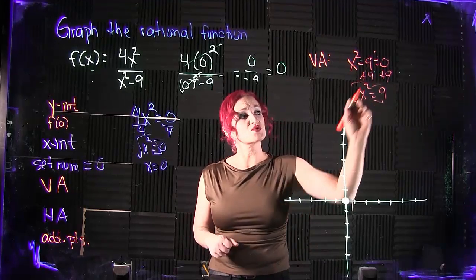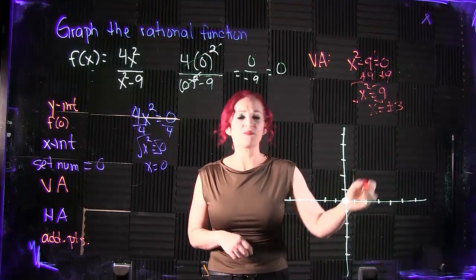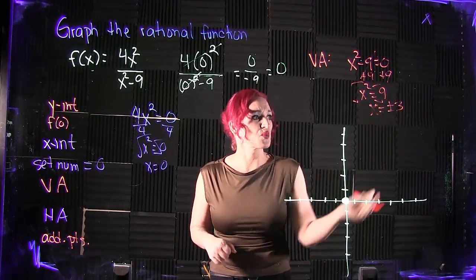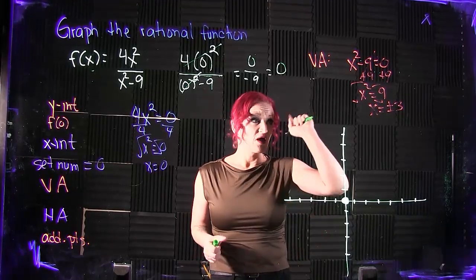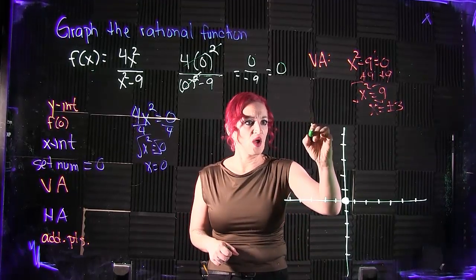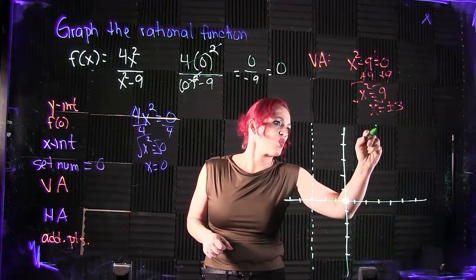Taking the square root of each side gives us that x is equal to plus or minus 3. So that means that we have vertical asymptotes over here,